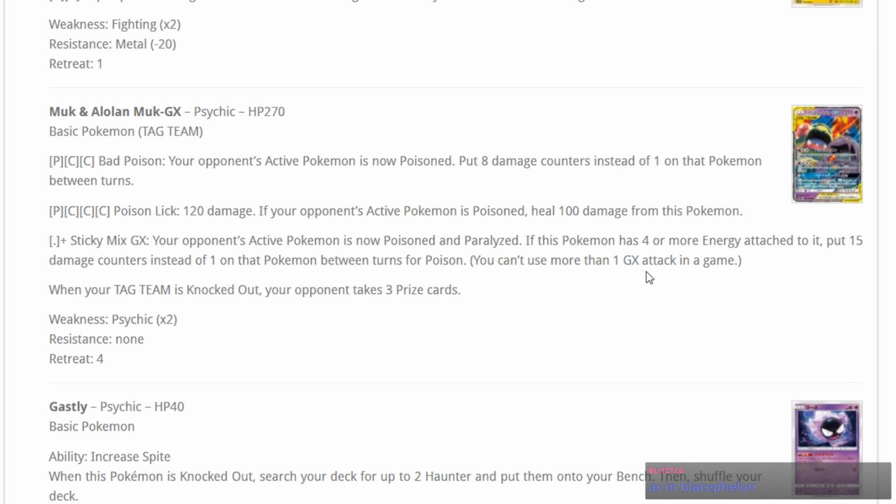so I mean, you could play it in Malamar. It's just poison damage is not as reliable. Like, you're doing 3 energies for 80. That's not very good. Sticky Mix GX. Your opponent's active Pokemon is now poisoned and paralyzed. If this Pokemon has 4 more energies attached to it, put 15 damage cards instead of 1 on that Pokemon